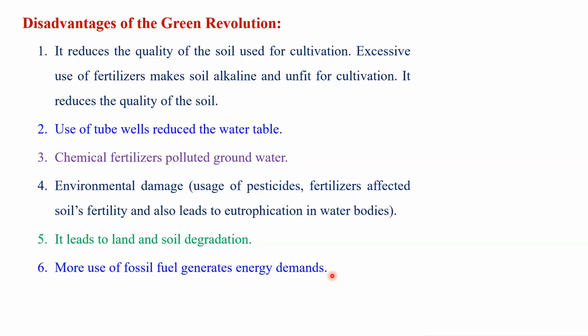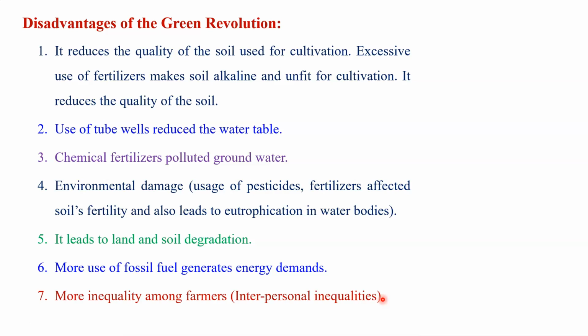Then another important disadvantage of this program is more inequality among farmers, interpersonal inequality. Dear student, you know that some farmers that were rich can invest a lot of money in the agriculture field, and they get good return. But on the other hand, some farmers were very poor, they are not in a position to invest the money in agriculture, therefore they do not get good return or income from this Green Revolution, and they remain poor and poor.